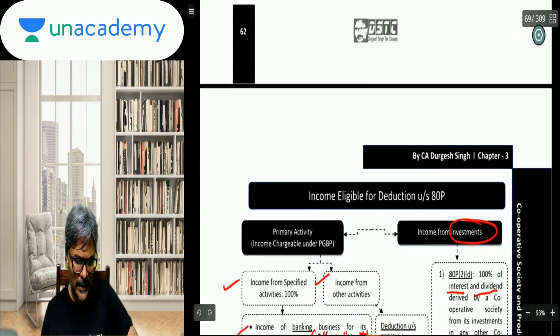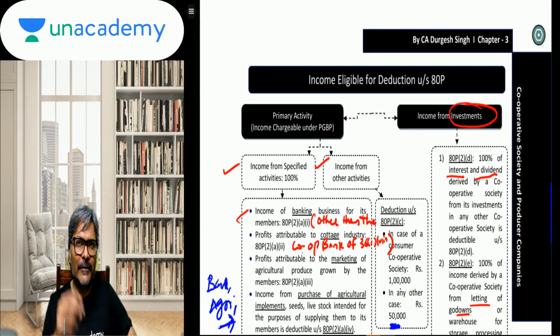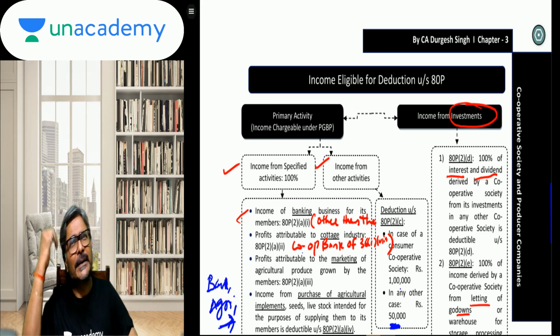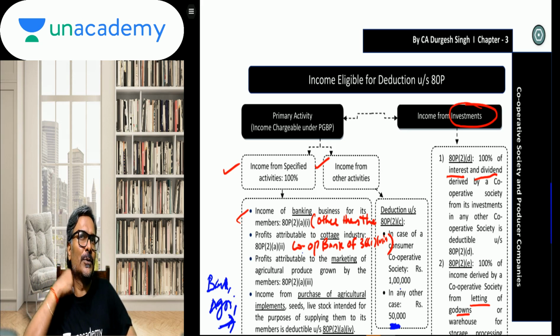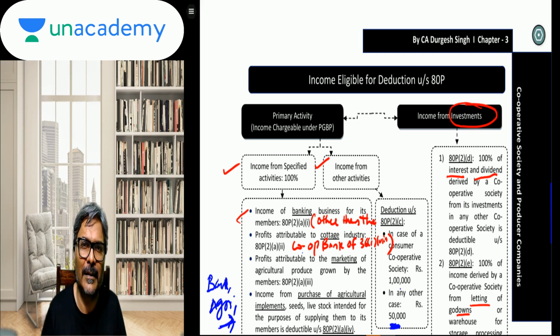So if you see over here, but before that we'll just go with this 80P, because that is one of the main deductions. In fact, students, I'll tell you one thing. If the 80P deduction is not substantial, or for a cooperative society 80P deduction is not available, in that particular case, going to the alternate tax regime would be much more lucrative as compared to the existing tax structure. But obviously you have to do a comparison.